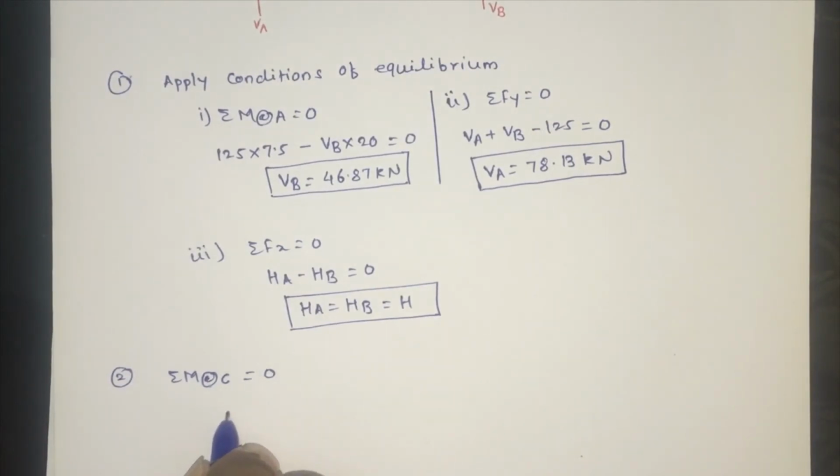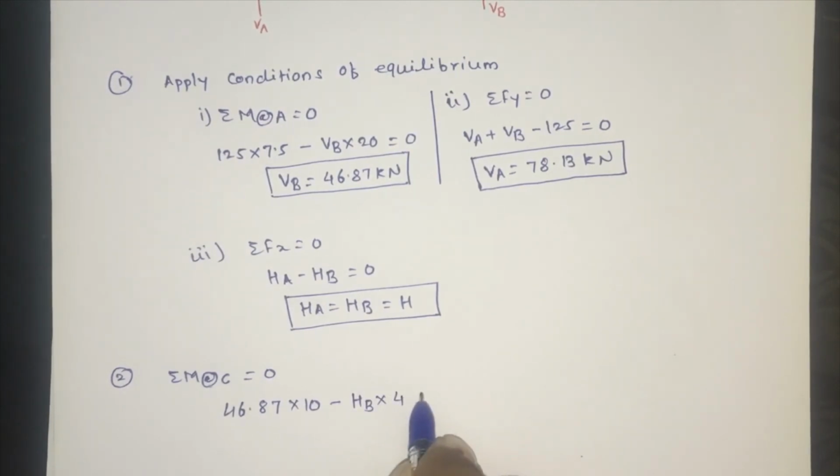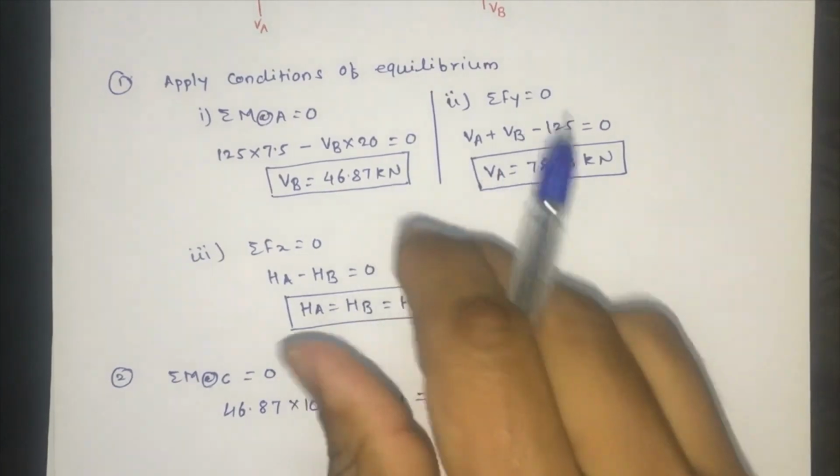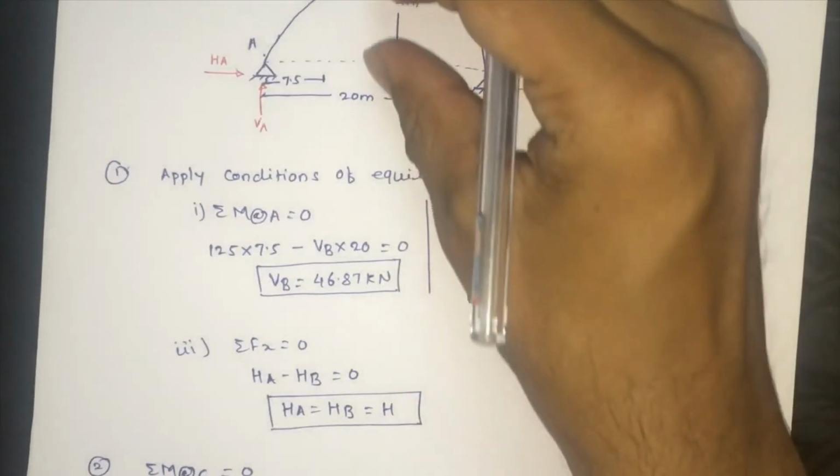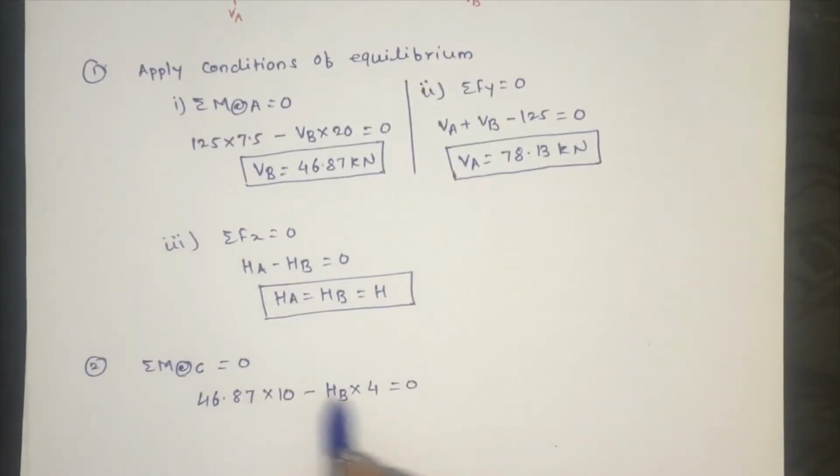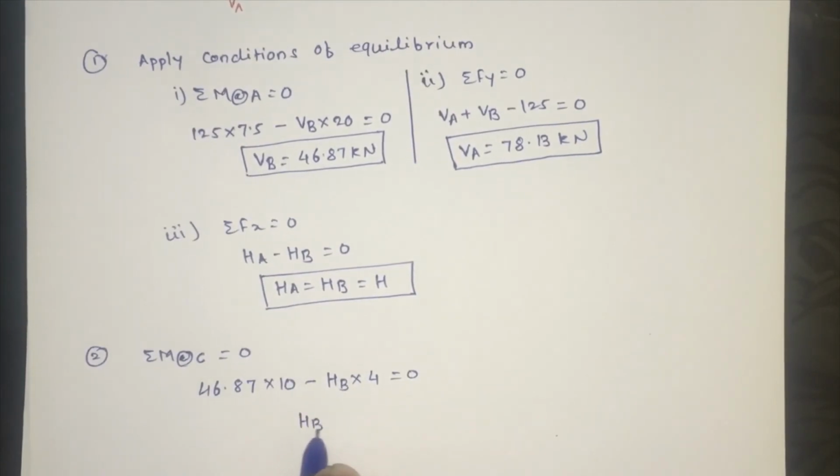It is VB into this distance, which is 10. VB we already calculated, 46.87 into 10 minus HB into 4 is equal to 0. This 4 is nothing but this height. So from this HB is equal to